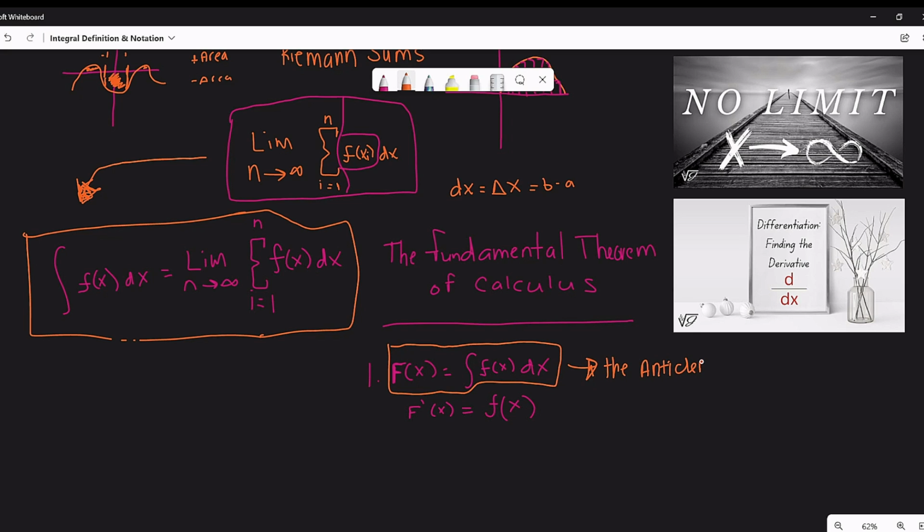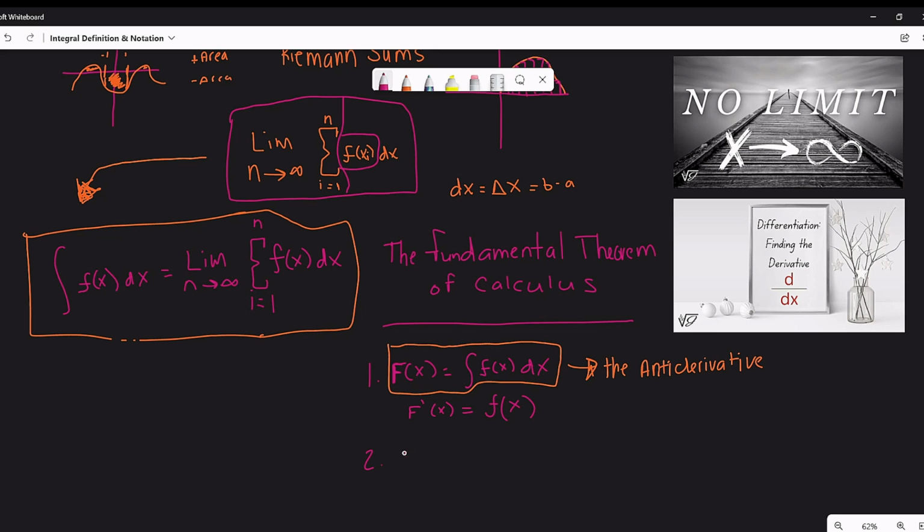This is the antiderivative. So anytime we applied the derivative properties, we could do the reverse of those and get back to this integral. And this integral represents the antiderivative, which is interesting. But the second part of the fundamental theorem of calculus tells us that